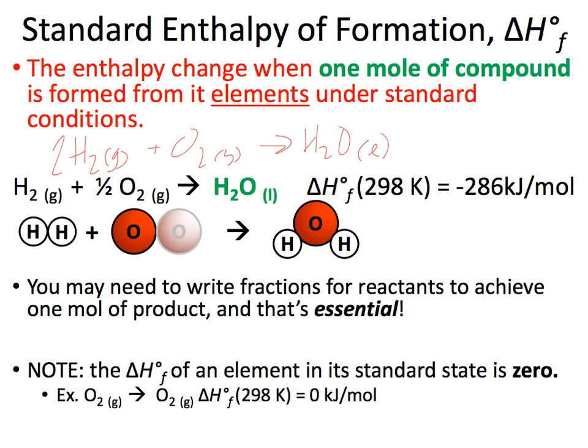Now we have to balance this. We put a 2 in there and a 2 over here, and so there would be a certain amount of energy change with this. However, I want to get it into a standard enthalpy of formation. Standard meaning that, again, I have to account for the liquid, and the enthalpy of formation means I have to get in a per mole basis. So if we go back, the amount of enthalpy change from this reaction was twice as much as this one over here, but we took the 2 mole value over here, divided by 2 mole of the water being produced, and we get this value over here,